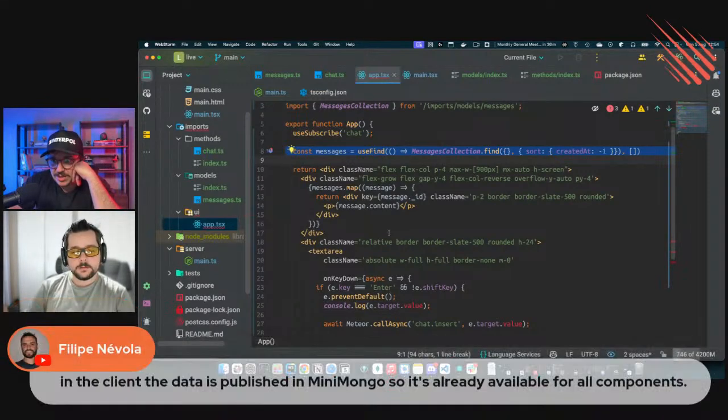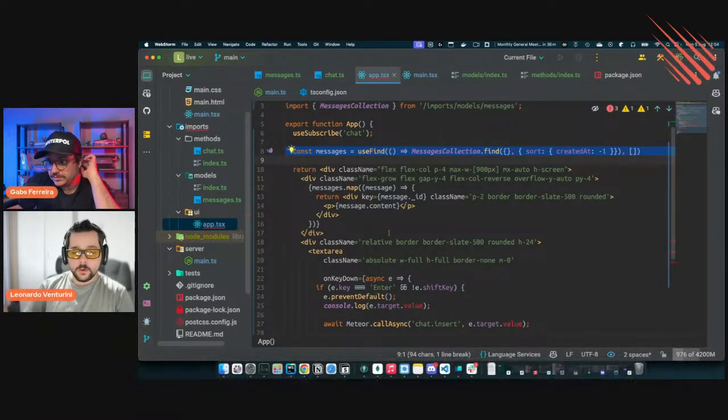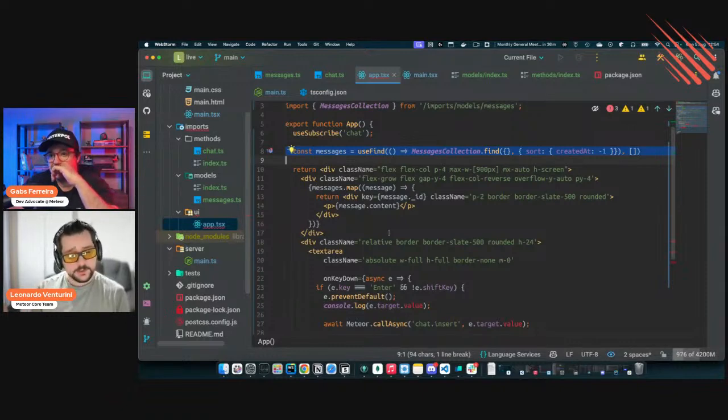Felipe just said here that in the client, the data is published in Minimongo. It's already available for all components. Now, if you were worried about memory, things like that, and you really want to share it across many other components,